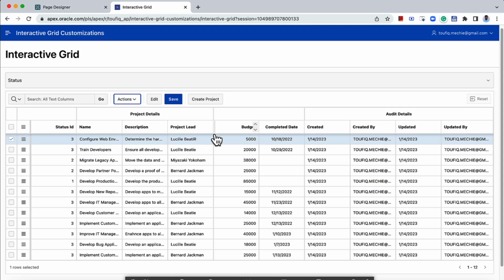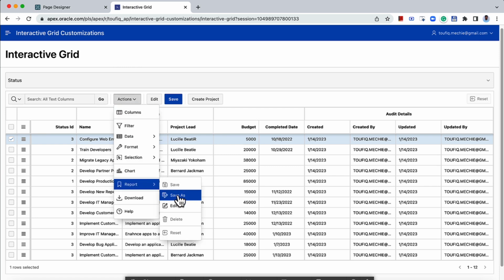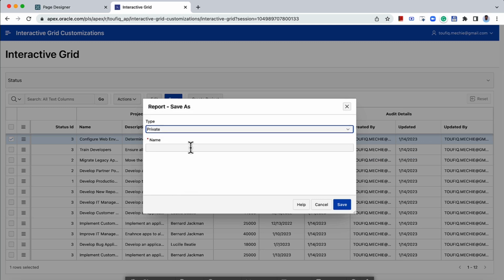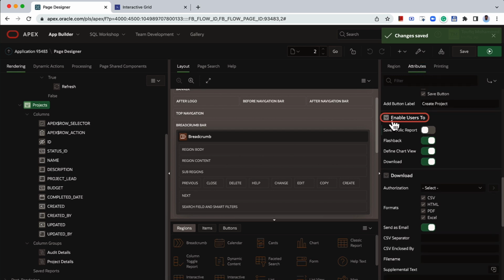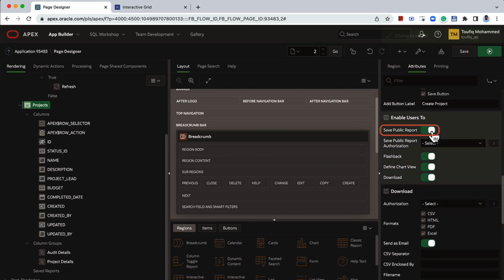In interactive grids, by default, end users can create both private reports or alternative reports. To enable end users to create public reports, which will be accessible to everyone, we can go to Page Designer, select the interactive grid region. Under Attributes, scroll down to the property group Enable Users To. Here you have a property called Save Public Report. You can toggle that. That gives you one more attribute called Save Public Report Authorization. Here you can select an authorization based on which you want to allow or not allow specific users to save